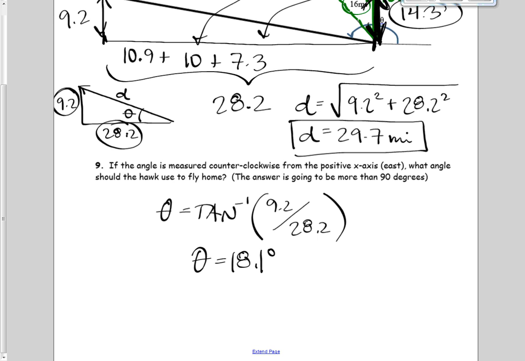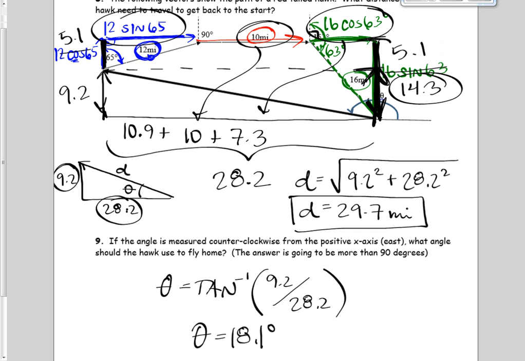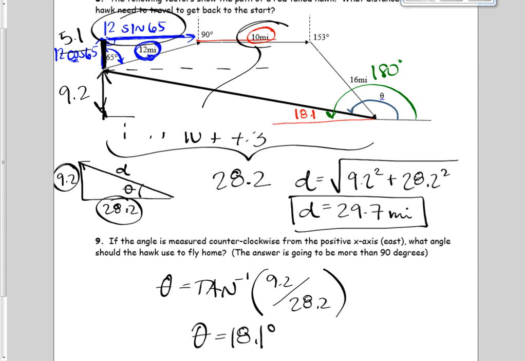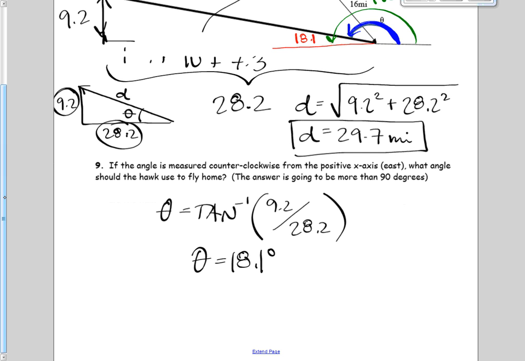But notice the way the problem is written. It makes that part a little bit tricky. I'm going to take some of this out. What we're saying is that this angle in here is the angle we found to be 18.1. And so what we want to do is subtract that from 180, because I know that this entire distance is 180 degrees. So that means that this piece just right here has got to be 161.9. Because the angle we want is going to be 180 minus